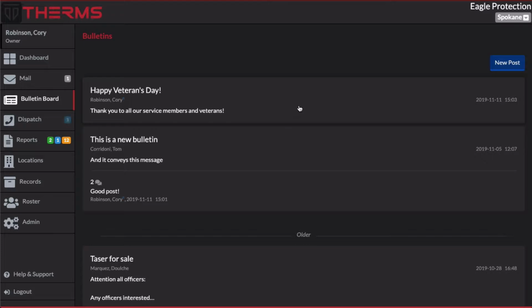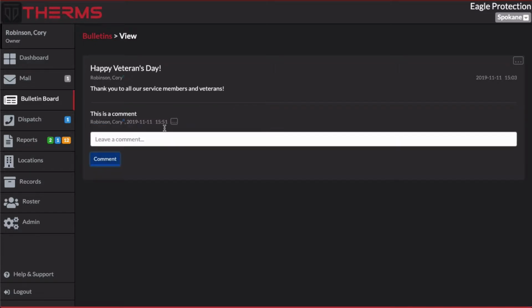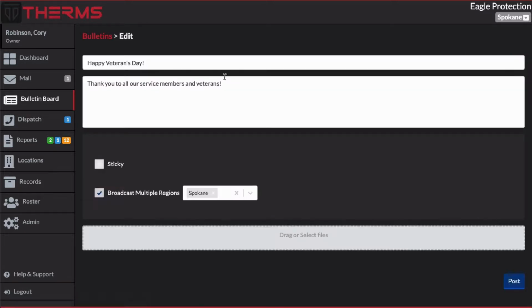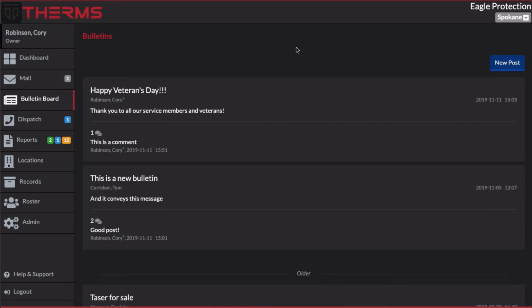Any of these bulletins I can click on to see more details about it. Users can also comment on bulletins and post them. Depending on the permissions of the user, they can also edit or delete the bulletin. So if I wanted to edit this bulletin, I can do that. So back to the bulletin dashboard,